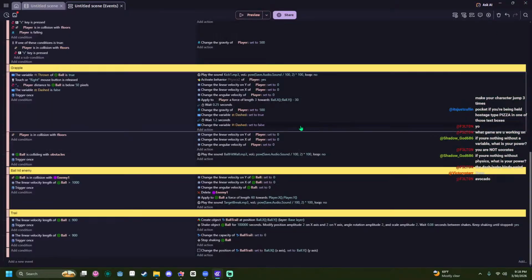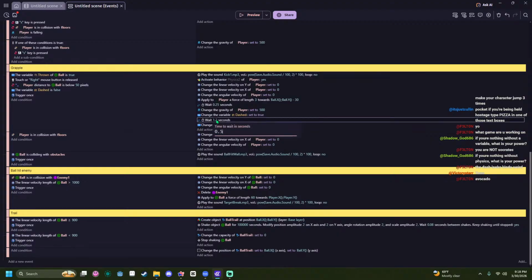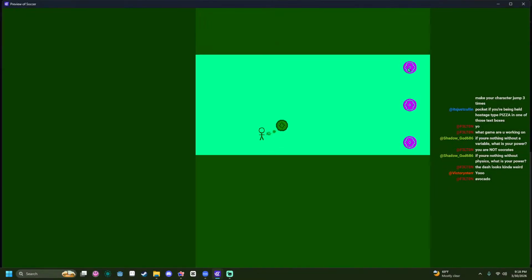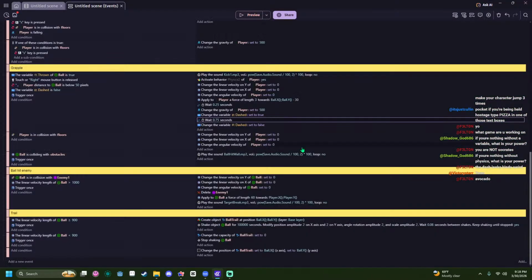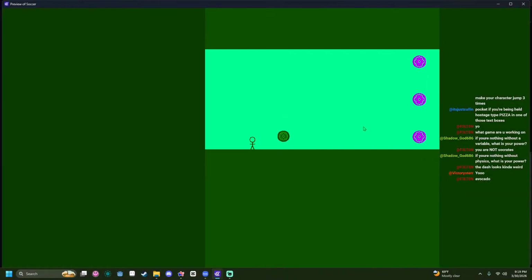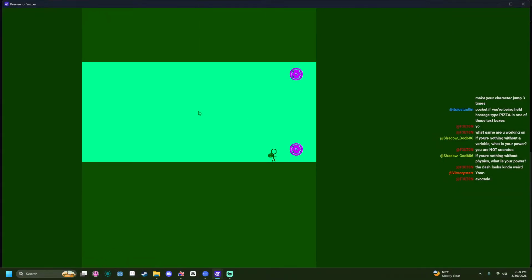Okay, now that makes sense why this didn't seem like long enough. Do 0.75 like we originally had. That's actually too low. Interesting. Oh, because it's 0.25 as well. 0.35. Too low. Yeah, there we go.